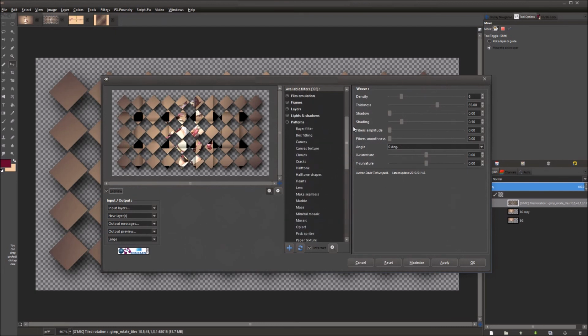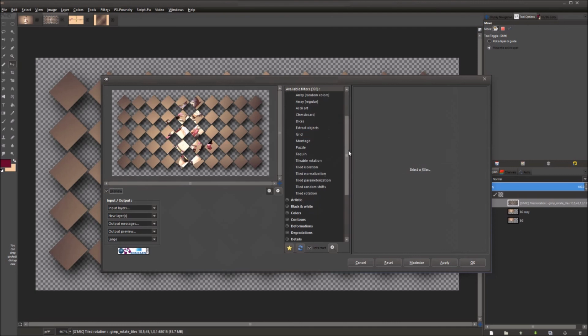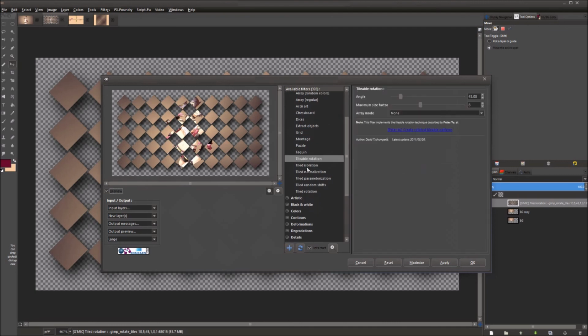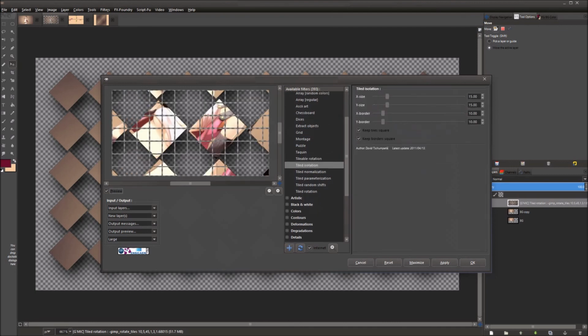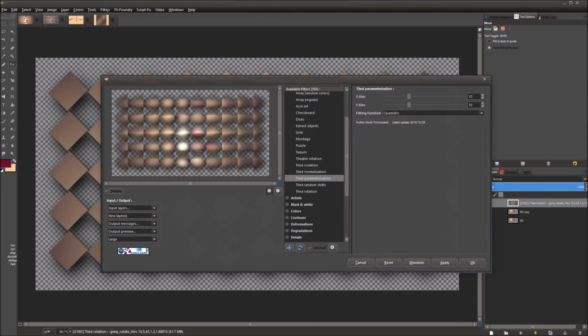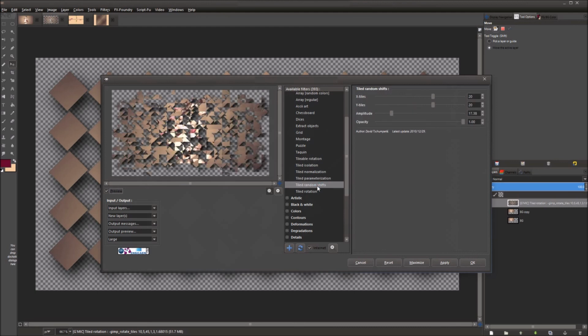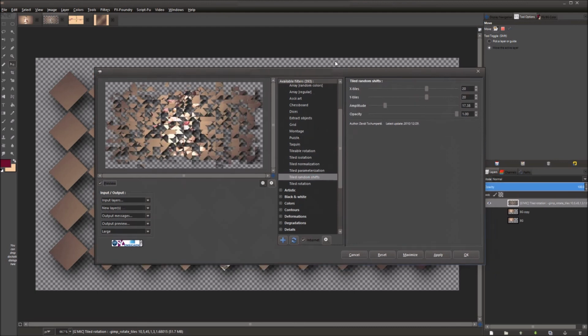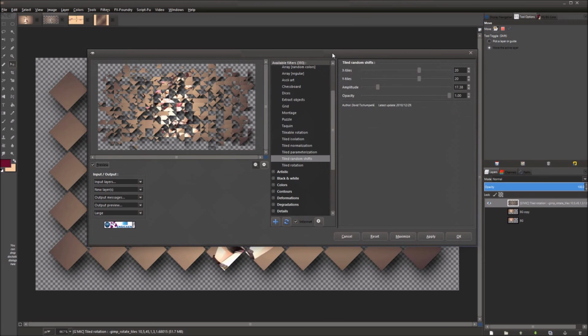Let's go back up to the arrays and tiles. I just wanted to show you the rest of these arrays and tiles, and give you some sort of idea of what I use some of these filters for. I don't use them all the time, but I do use a lot of them sometimes. And like I said, I use a lot of these filters for 3D work and stuff like that, and also to make some cool